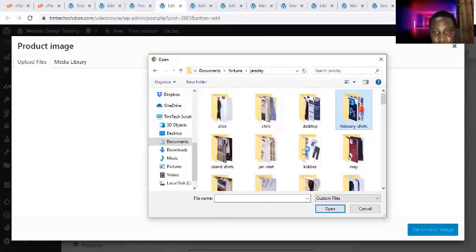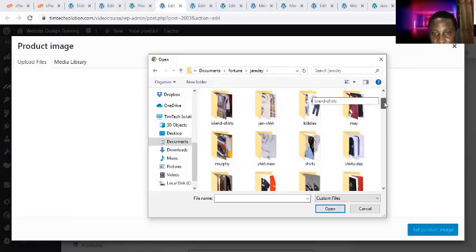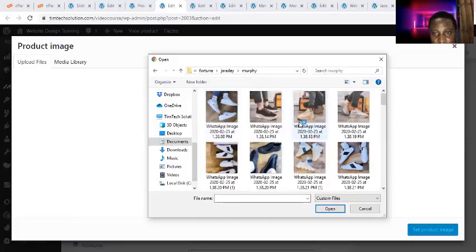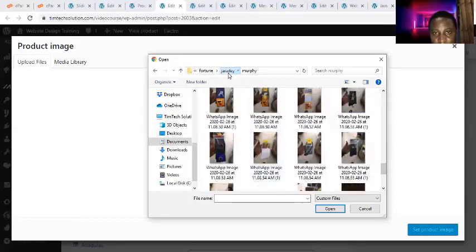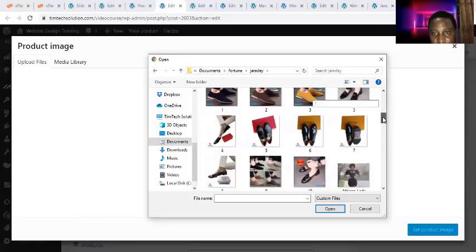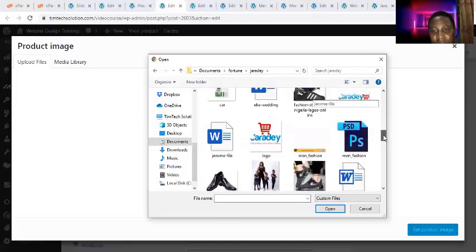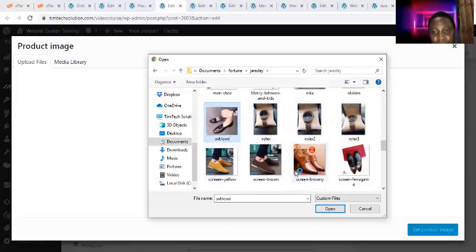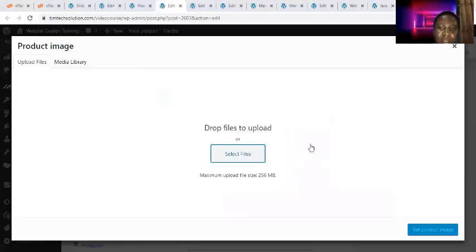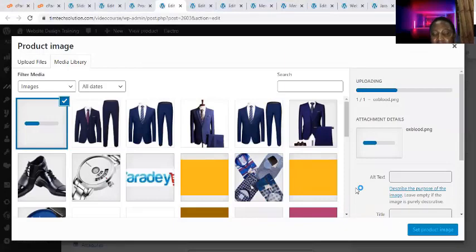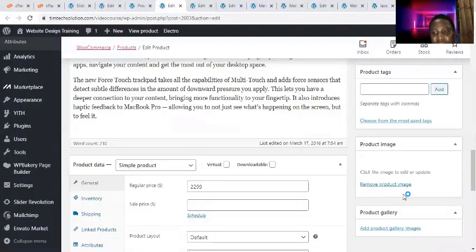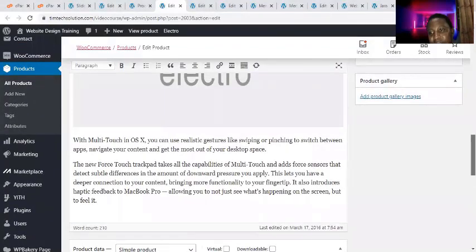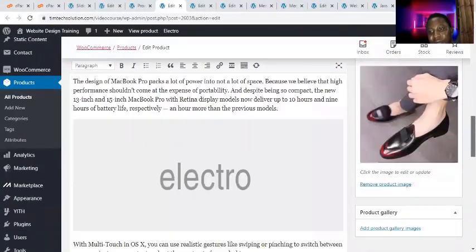I would have loved to upload a shoe. Okay, so let me quickly upload this. Let's quickly upload this particular one instead of wasting time. Let's quickly upload this while we go ahead with design. I'm going to upload this, but let me just advise you, white background gives a better view of your product